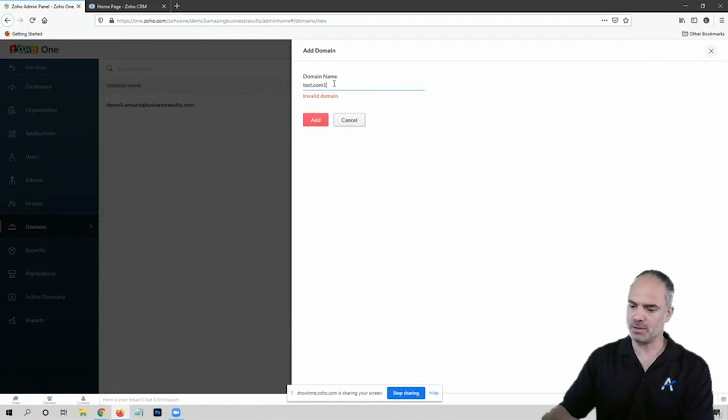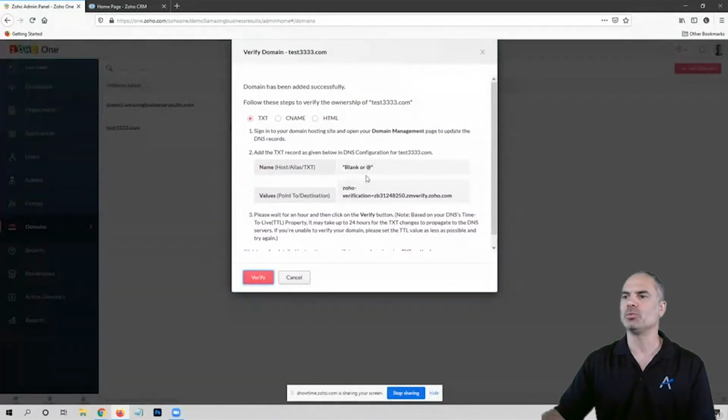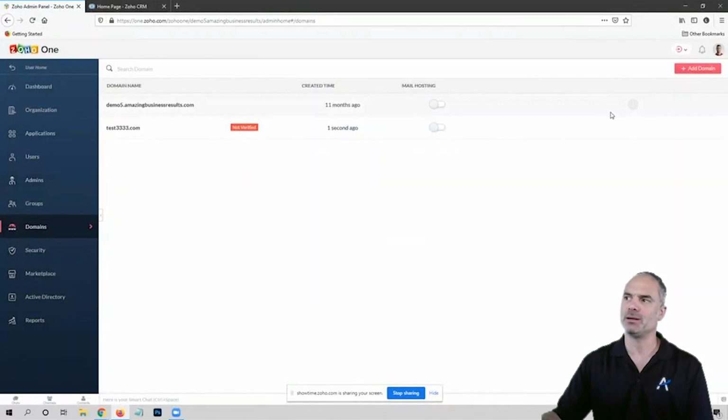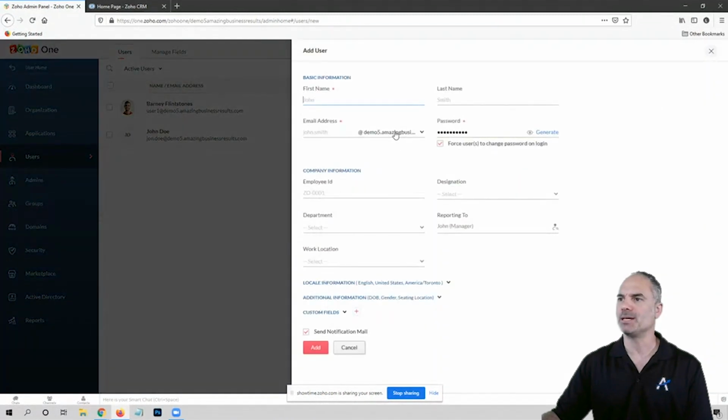So when you create it, you will need to authenticate your domain in the DNS, and then whenever you try to add her as a user, you will have a drop down of emails. And you will be able to create her an account like that.